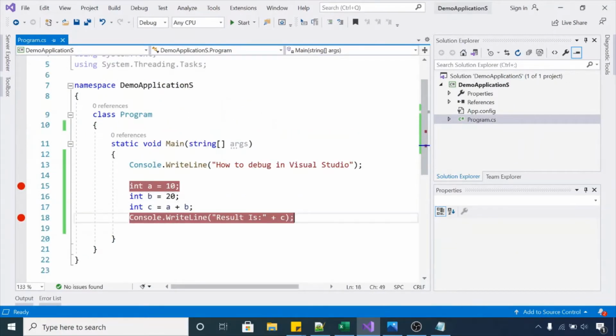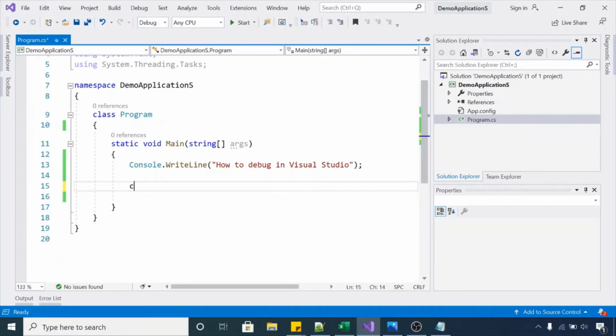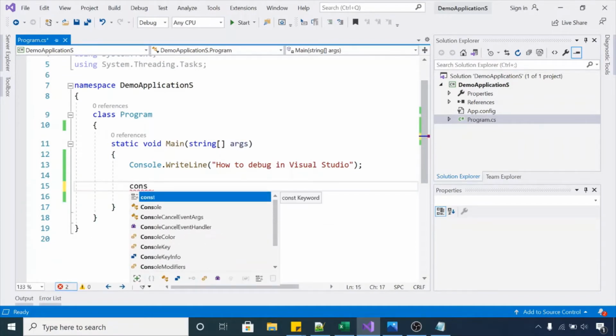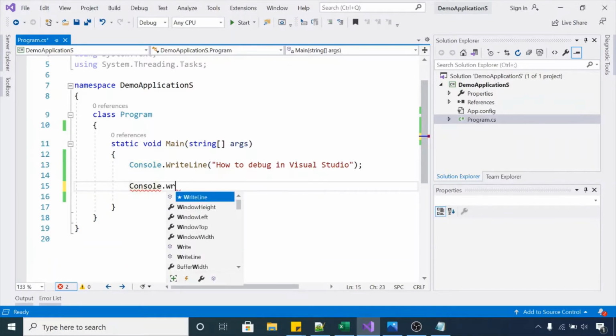So it got completed. Let me put some console statements to understand. Console WriteLine, I will just write the line number.